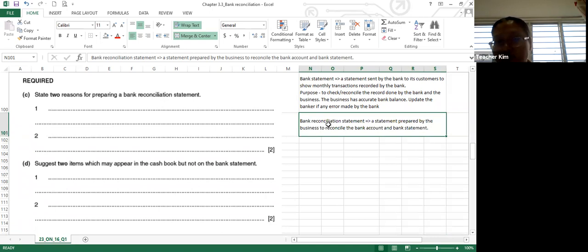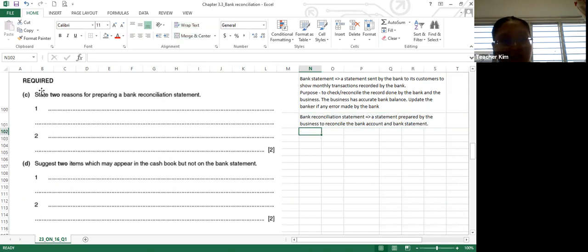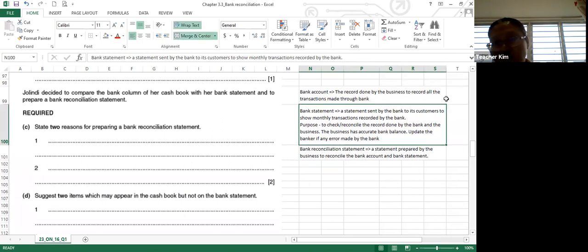So this is the bank reconciliation statement, which is prepared by the business to reconcile the bank account and the bank statement. Here, state 2 reasons to prepare a bank reconciliation statement. So here, this information and this information, basically we can use it. Okay, for number 1,